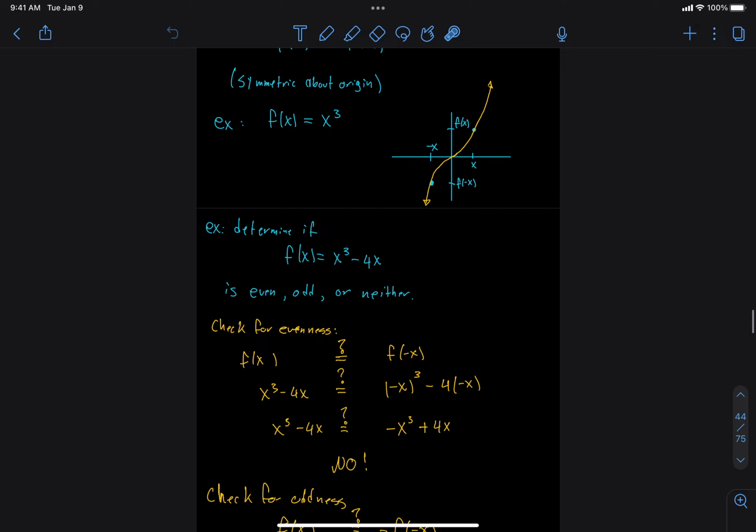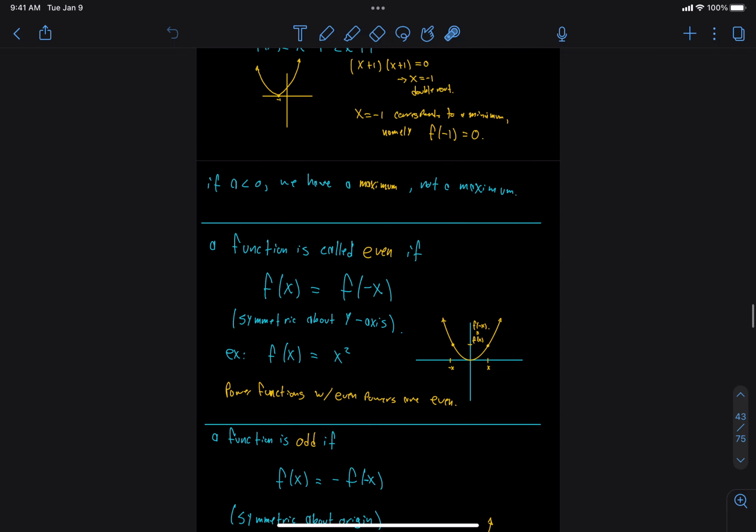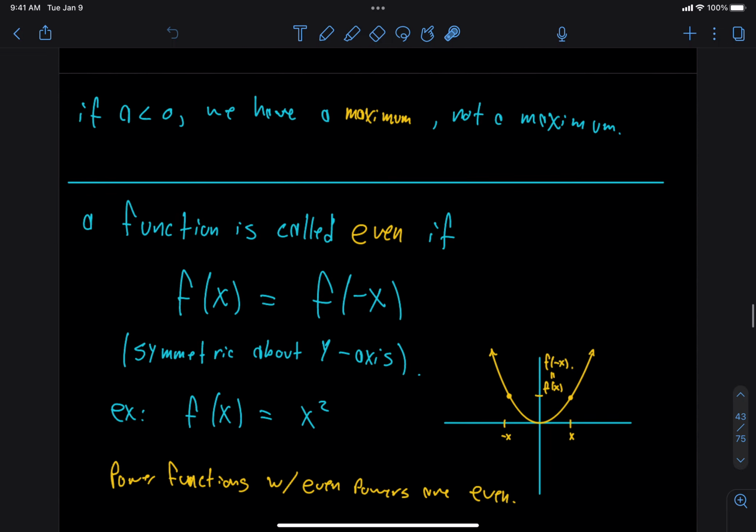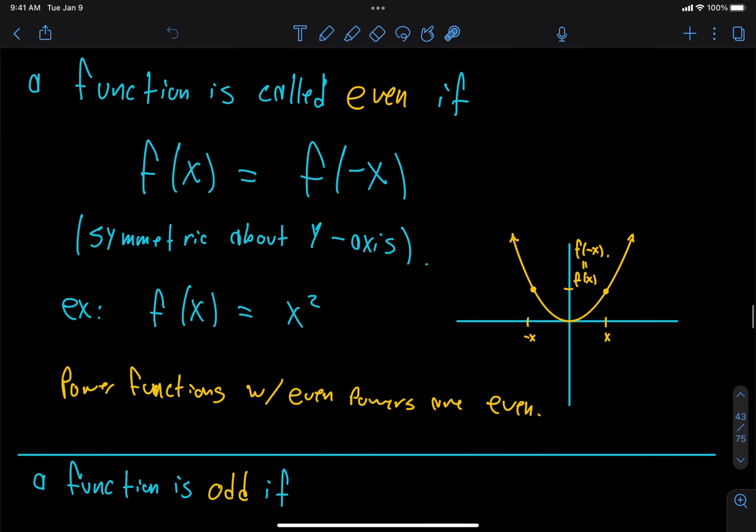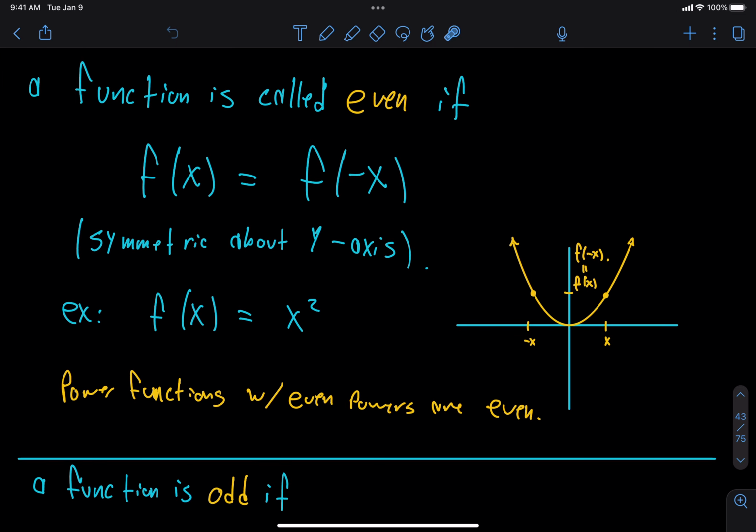And here we go, evenness and oddness. Okay, so let's go through the definitions and then we'll take a look at how to check. A function is even if it is symmetric about the y-axis, which really means that, look,